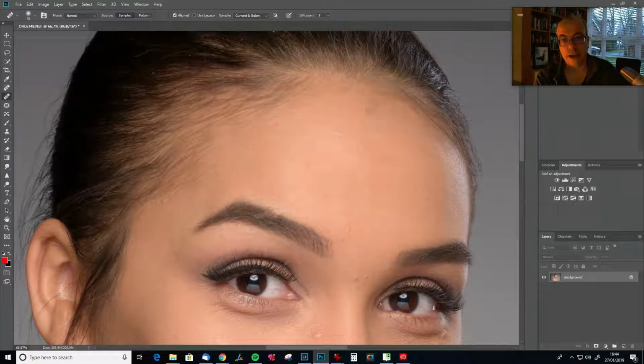Now, it kind of makes sense to work in a direction, so I'm going down the image, because if you just work at random, you risk sort of cloning one blemish over the top of another, right? And I'm still using the same fixed distance, so it's selecting from that same point above the bit that I'm cloning out, that I'm healing out. Right, so it's not selecting from the same point that I started with over here. It's always in relation to the bit that I'm actually doing, and you can just carry on doing this until